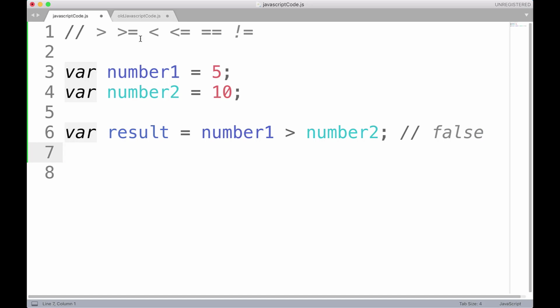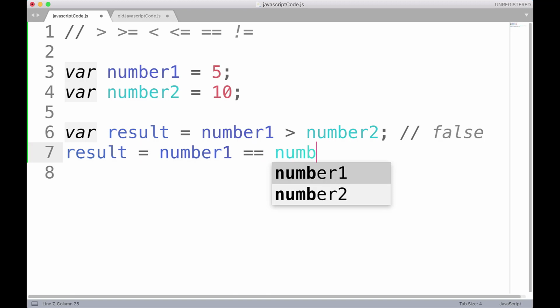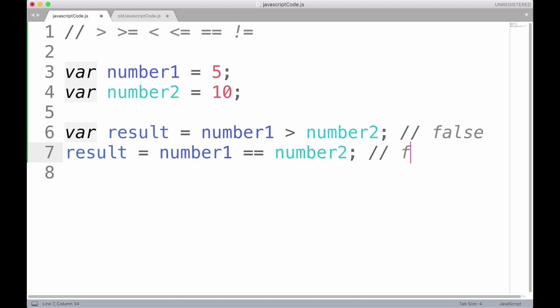Now the same thing goes with the greater than or equal to, the less than or equal to, is equal and not equal. For example, we can say result is equal to number 1 equals number 2. This once again will return false because the two values are not equal. If we did something like not equals, this will return true because, of course, the two values 5 and 10